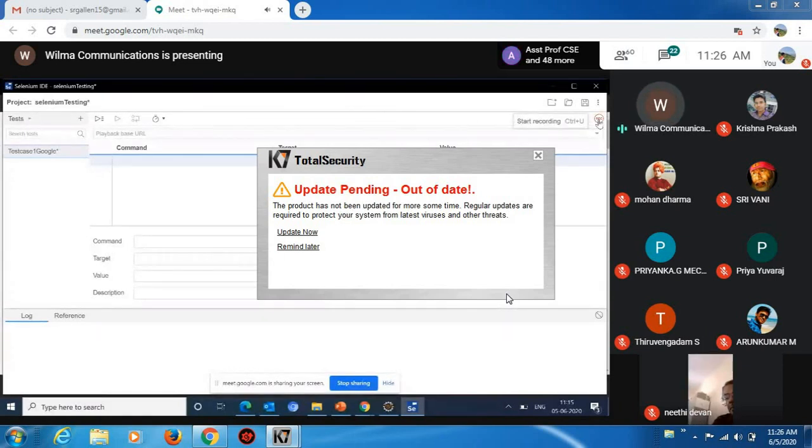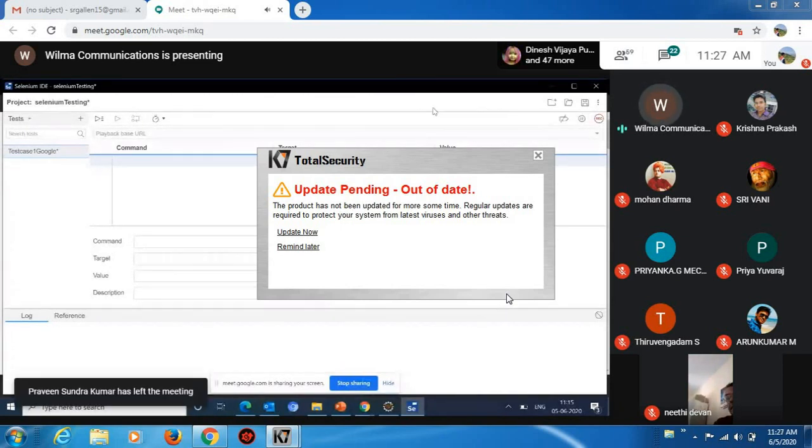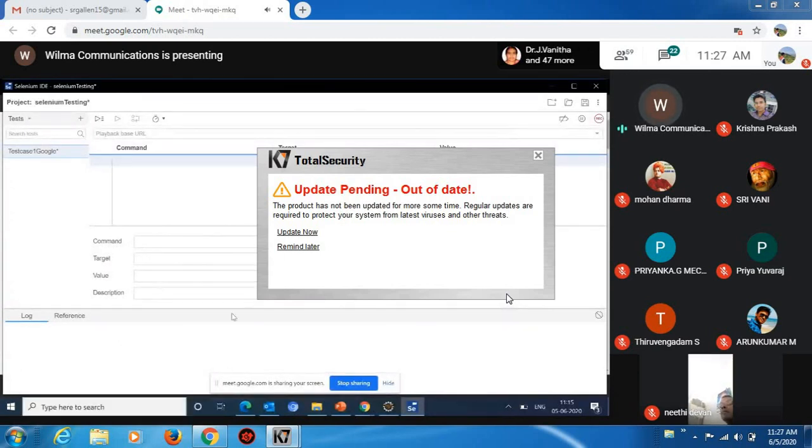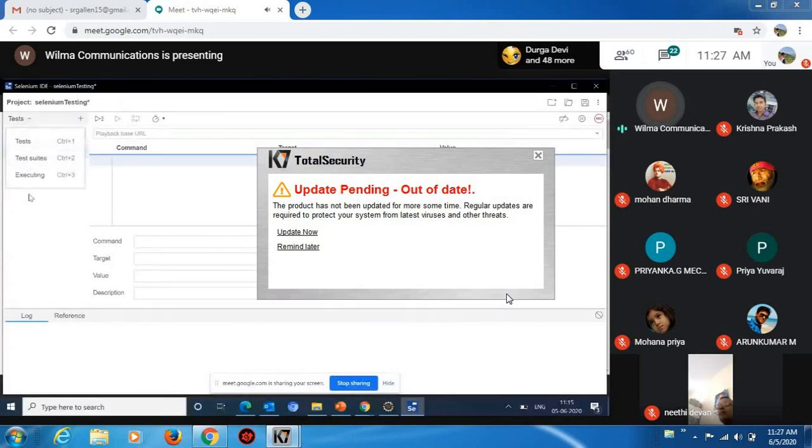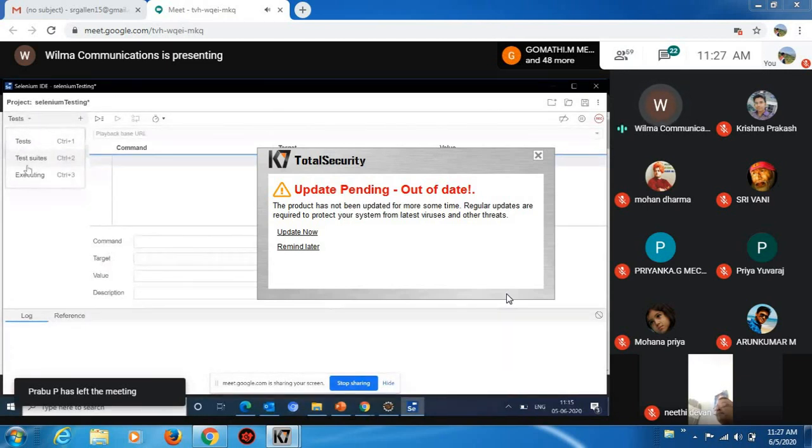When I click on start recording, whatever I perform in Chrome, all the data and activities will be captured inside this particular tool as GUI commands. On the left side you can see test suite and execution method. Test in the sense of a single test, and test suite will be called a group of test cases.